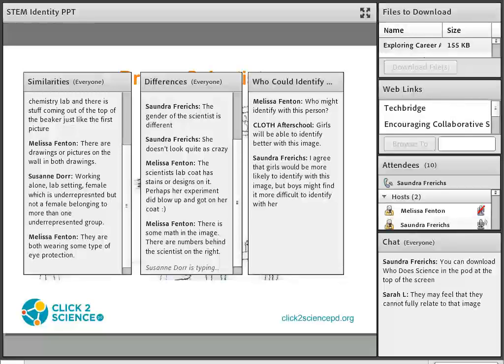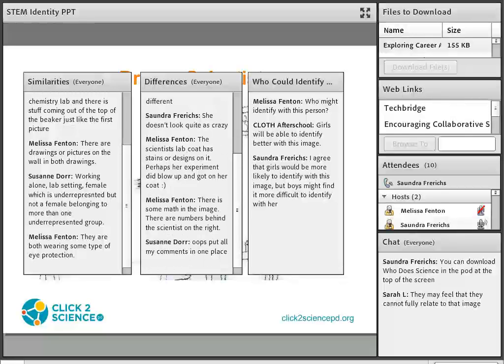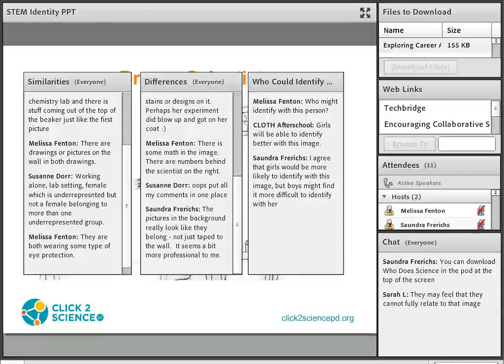There really is a lot in common with these images, but there are some things that are quite different in this second image. Moment to finish typing your comments and share a couple things that I noticed. Again, we have an image of a scientist working alone in a lab, but off in the corner there seems to be something else going on. It may be that there's somebody else working in the lab with her. It's kind of hard to tell what's going on over in the corner there.